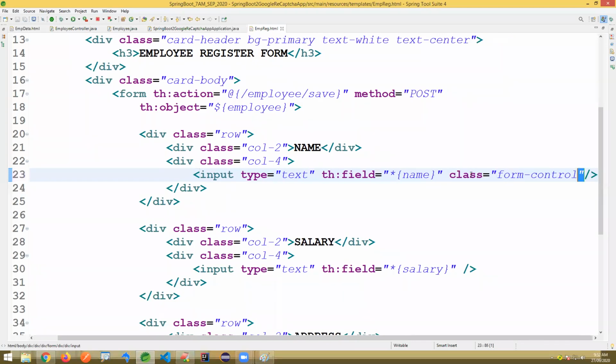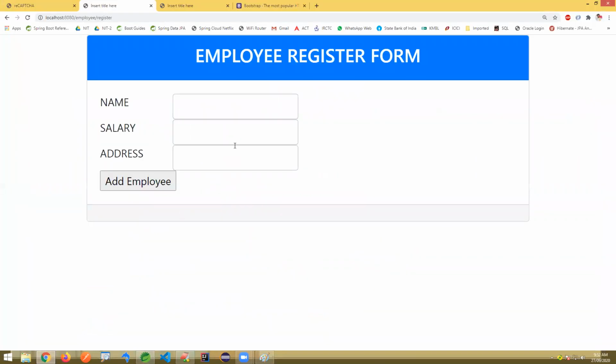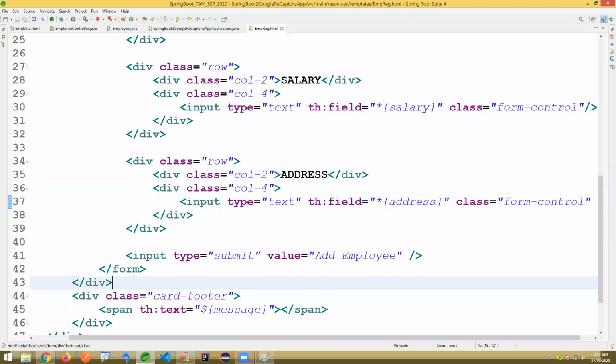Just adding this one. Okay. And finally for button also, if you want here, add a class. It's a button.